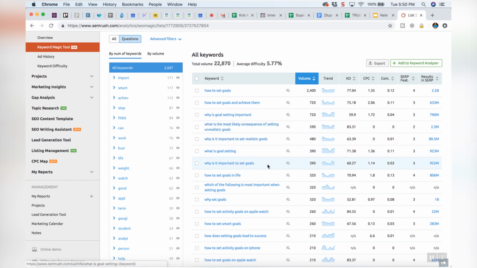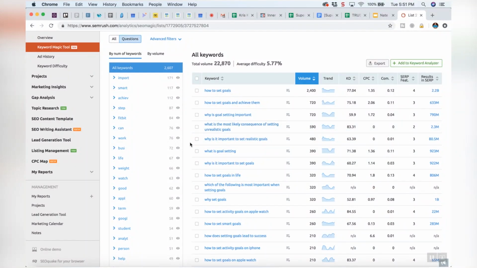Okay, there's a lot here, and this is actually a lot higher search volume than we really need. We only need like 10 or more per month. Sometimes if you get too high of a search volume, it means there's too much competition. And if we make that video, we're not going to rank yet. We want to post a video and rank day one. So what I'm going to do is just scan down this list and put a check mark next to the ones that I think are really good.